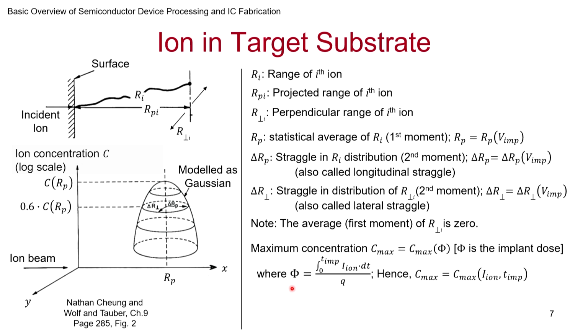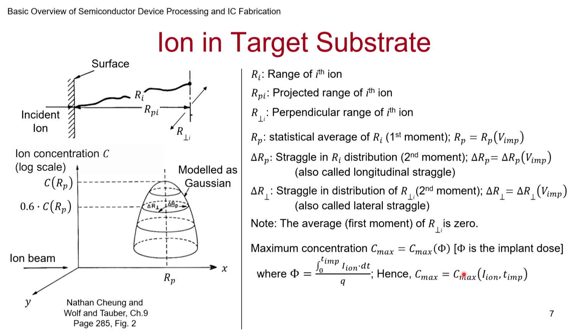This we have already seen. D sub implant, what was discussed in the previous thing. So you can say once it has entered the material, we can call it phi. Phi will be the integral from 0 to T implant of the exact ion current, using the Faraday cup that we talked about, integrated over time, divided by Q. That will be the dose. That is the material you have put inside, and the peak value is in a way proportional to that.